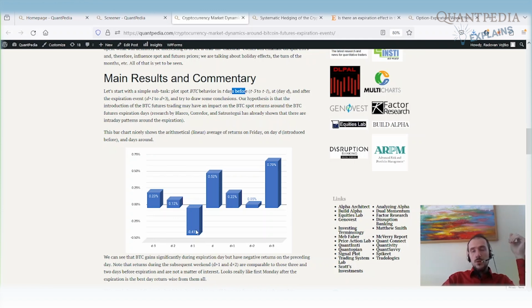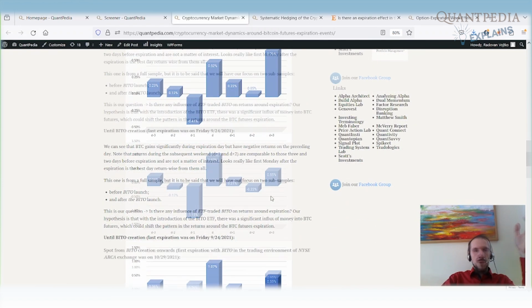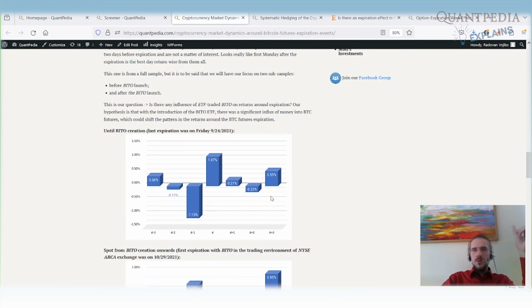So when we take a look on the whole history, on the whole sample, so nearly 7 years, the day before the expiration is significantly negative, and the Monday after the expiration is significantly positive performance for the Bitcoin spot. The question is if there is some difference in how the pattern looked like before the launch of